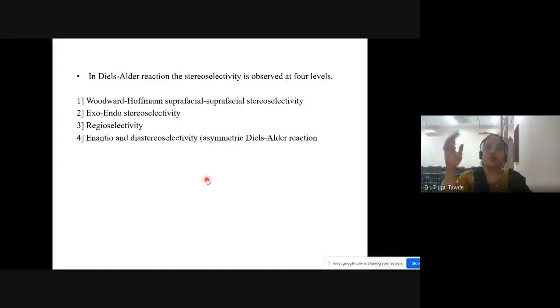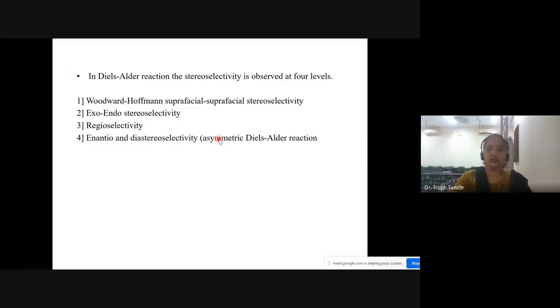Now, in the case of asymmetric Diels-Alder reaction, the stereoselectivity can be observed in four different ways. The first one is the Woodward-Hoffmann suprafacial stereoselectivity rule. Then we'll see the endo-exo rule. Then we'll see the regioselectivity. And finally, we are going to go for the enantioselectivity or the diastereoselectivity,